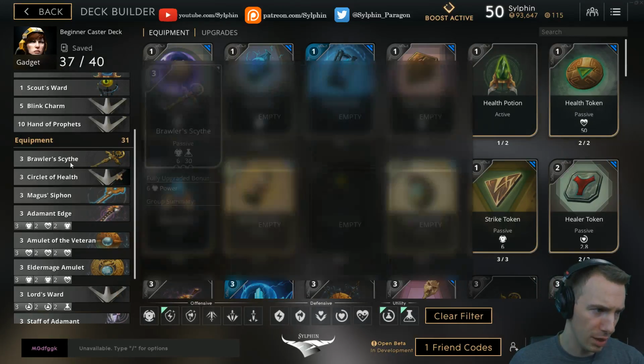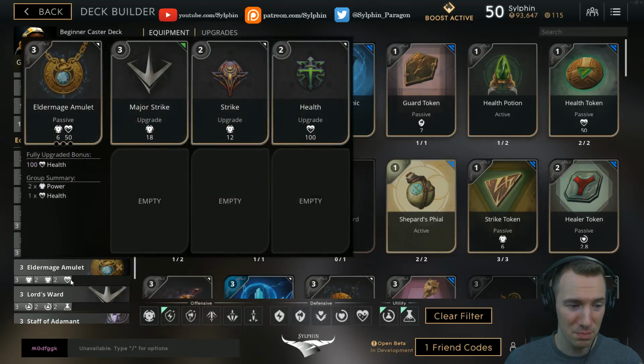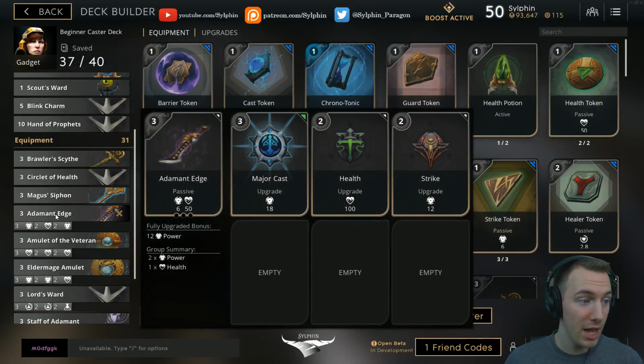in your Lord's Ward. After this, we need some damage and health. We have the mana regen, we got some power on the Eldermage Amulet, we got some mana, so now we just need some damage and some health. This Adamant Edge here is perfect for this. We get 3-point cast, 2 health, and 2 strike upgrades for a lot of power here, and a little